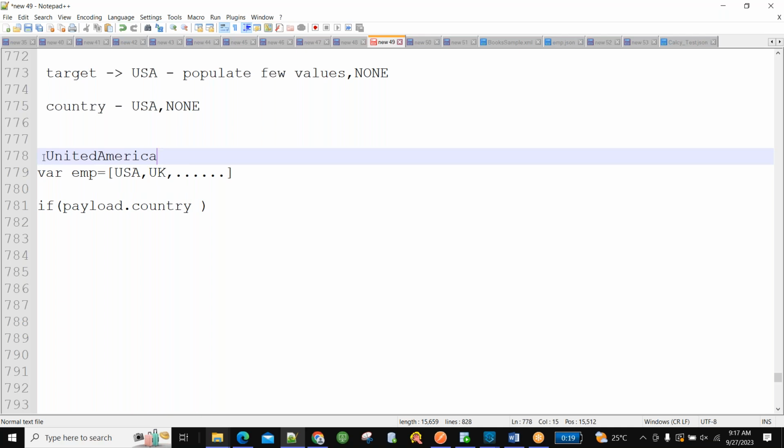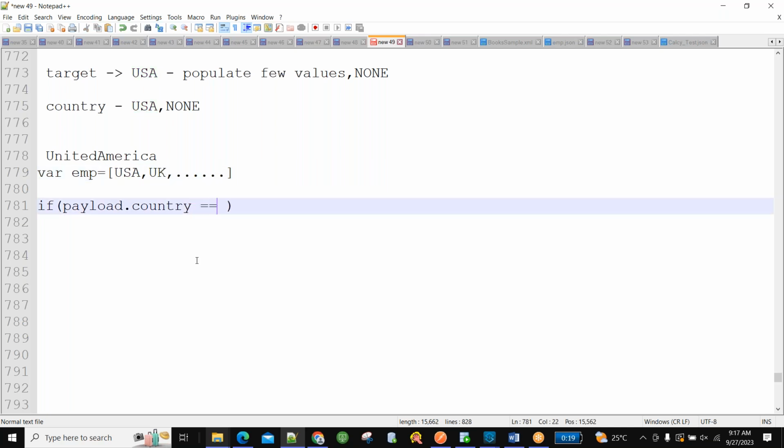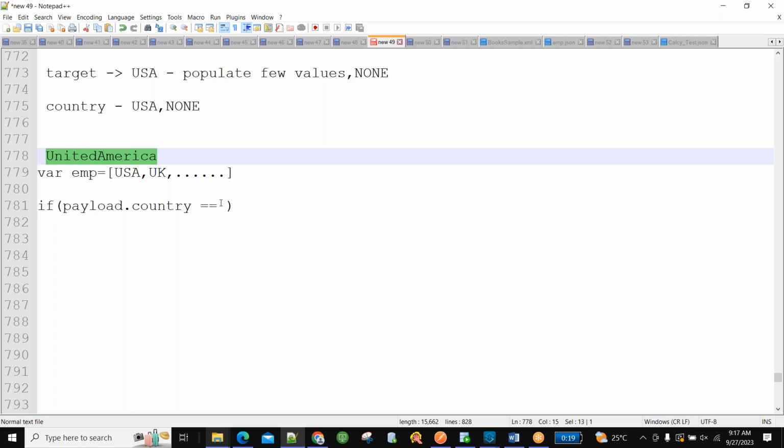Okay, if United America is coming from the source system and your target system is expecting USA, you have to check this lookup and send, right? So if this is my requirement, first I will check whether it is United America from the front end.